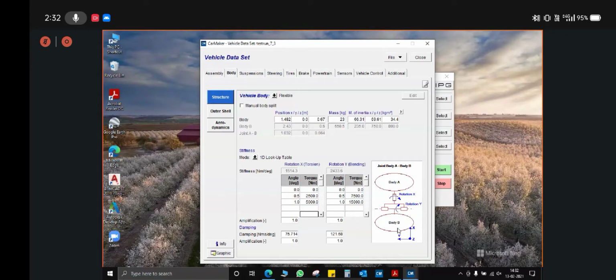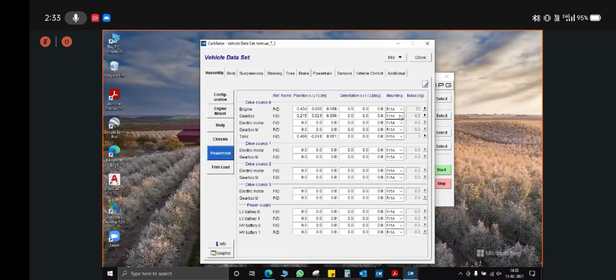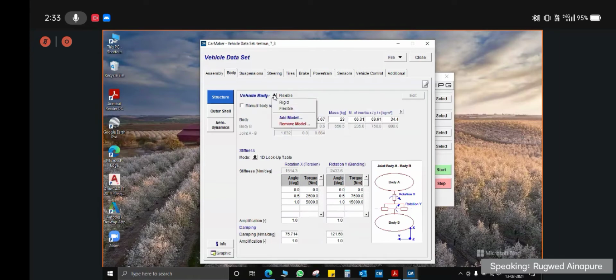So body A comes as FR1A, body B will come as FR1B. But in the case of Baja vehicles, front, rear, everything is encompassed within a single chassis. So there is no need to define FR1A or FR1B. And that's why wherever you come across FR1A or FR1B, FR1A is equal to FR1B is equal to FR1, which is equal to FRD. So you have to be clear on that.